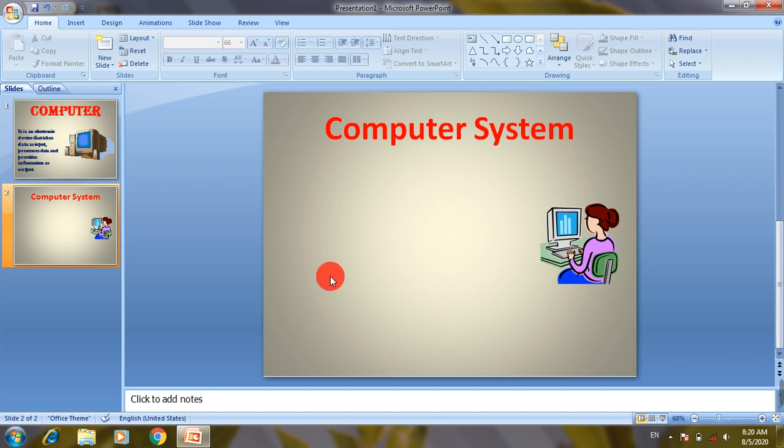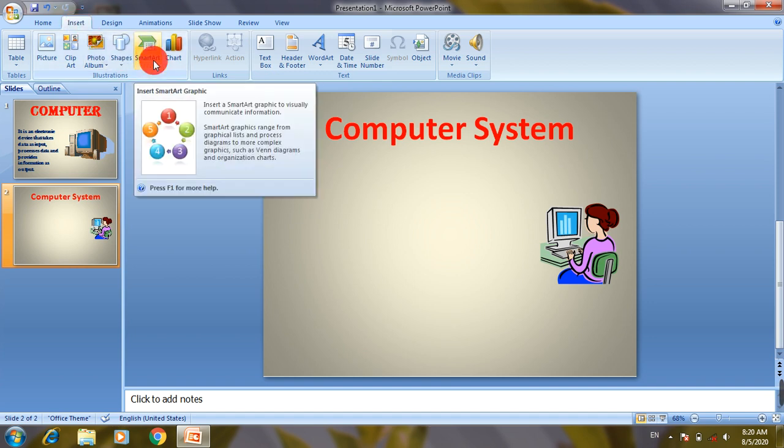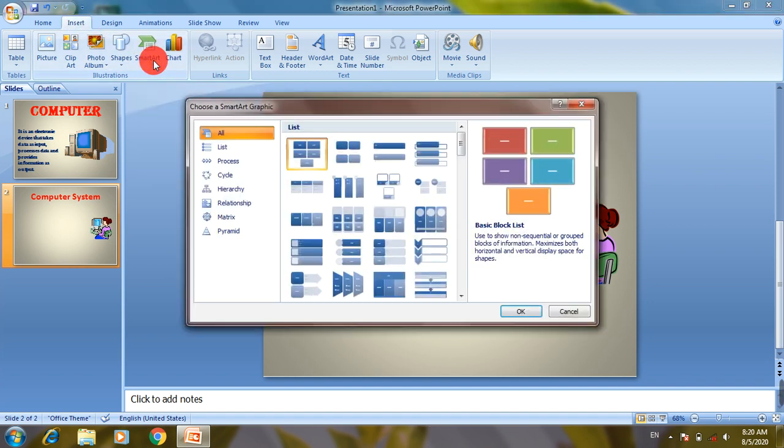So now I'm going to insert smart art so that I can show you what are the different components in the computer system. For this, click on insert tab and smart art option. So there you will get this list of smart arts.